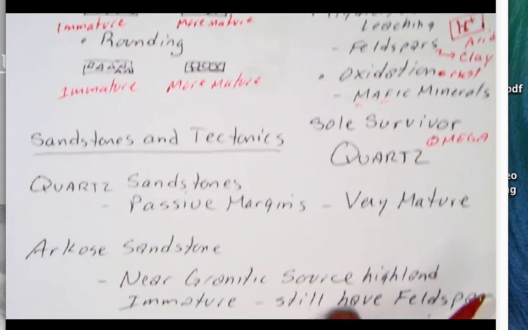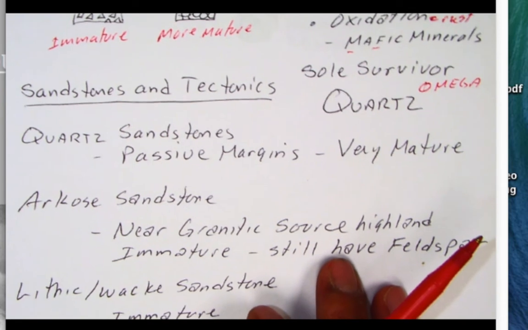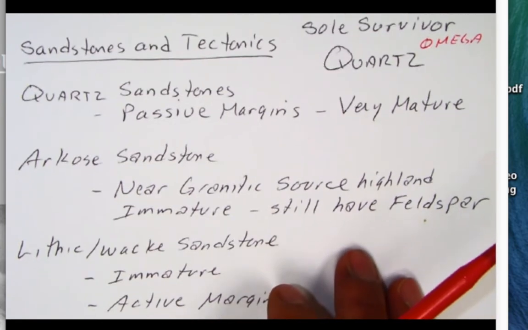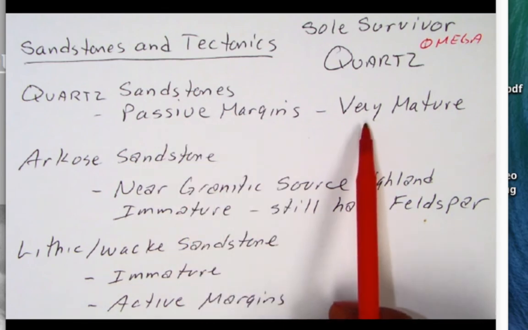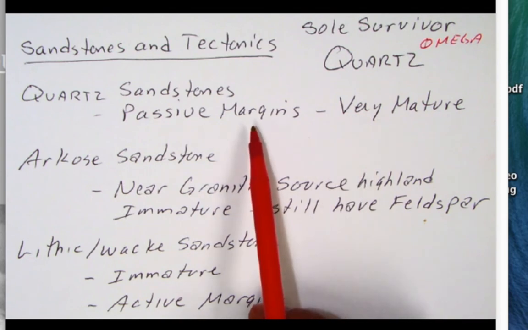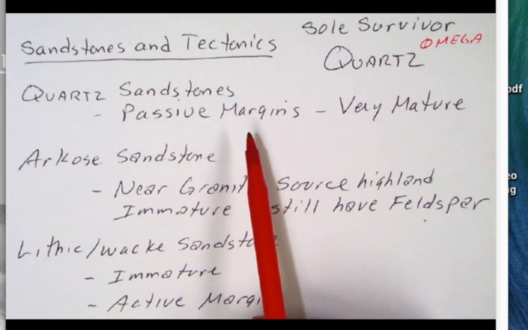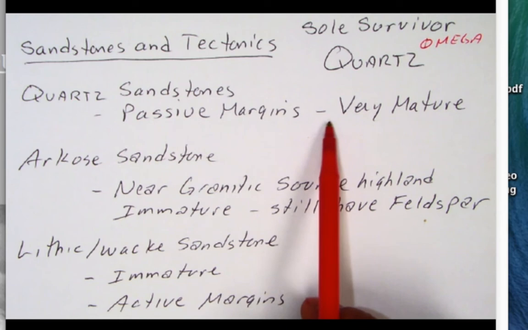Now, in terms of plate tectonics, if your sediment only has quartz sand, or you get quartz sandstones, then those are compositionally mature sediments. Mature sediments occur at passive margins. If you've ever been to a beach in Florida or the Carolinas, the beach is white. It's quartz sand, whereas beaches here in California are more beige or tan because there are other minerals mixed in with the quartz. So passive margins would have the mature sediment,